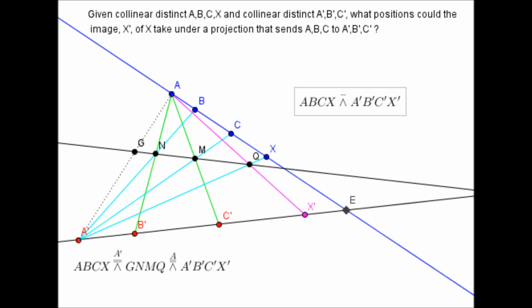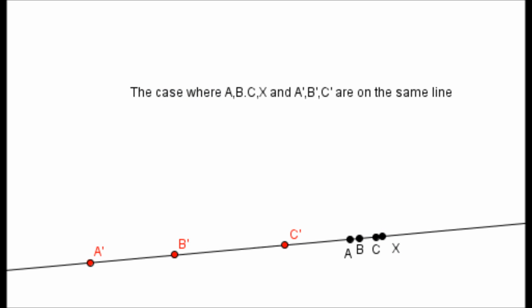Now you might ask, okay, what happens if the first line and the second line are actually the same? What happens if A, B, C and X and A dash, B dash and C dash are all on the same line? Well, that's no problem. All we have to do is draw a line anywhere, and then we'll have an extra